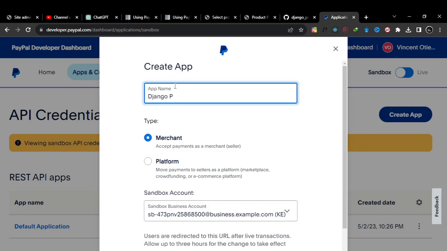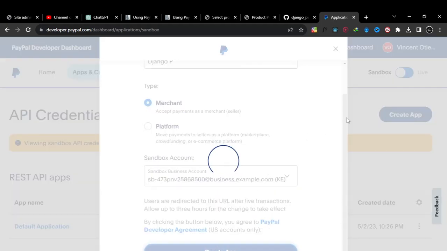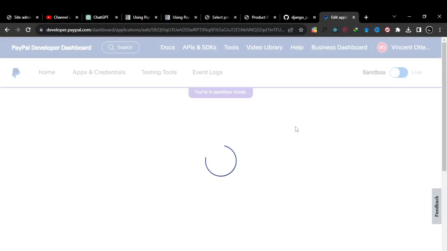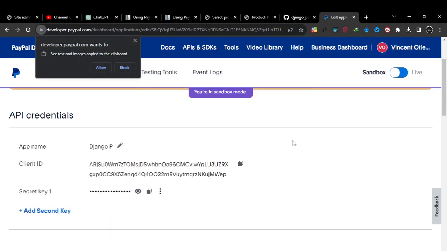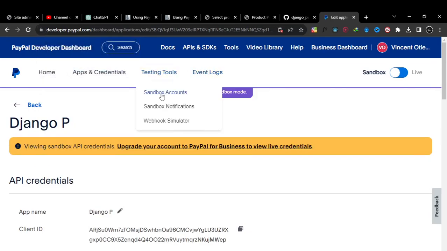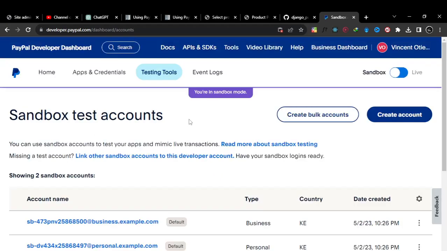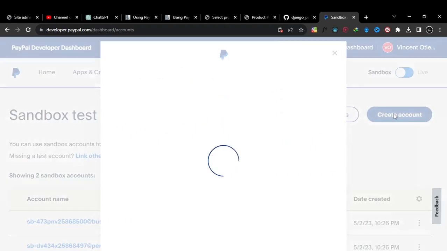Let's name it Django P. Create an app. But I don't think the app was really necessary. What I actually needed was the sandbox account, so you can come here and create account,